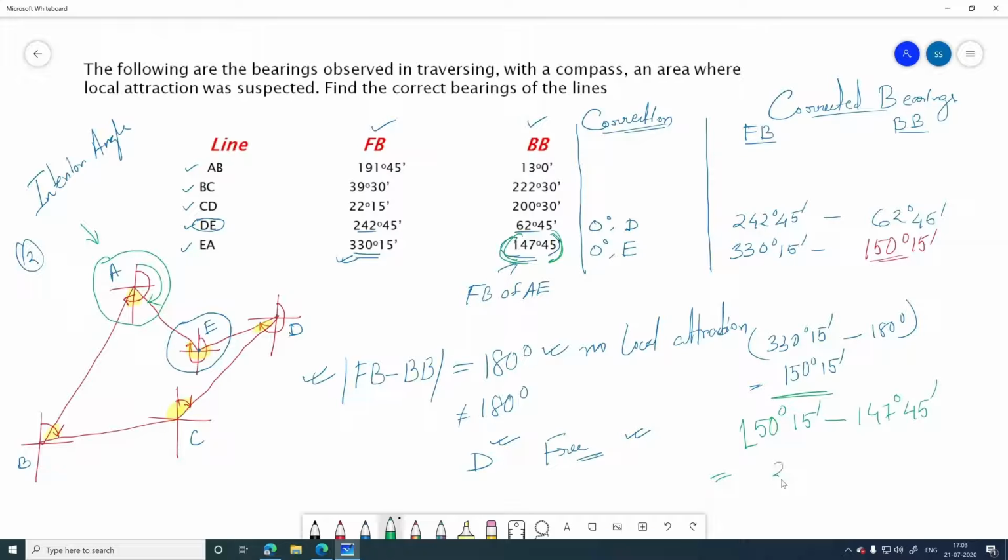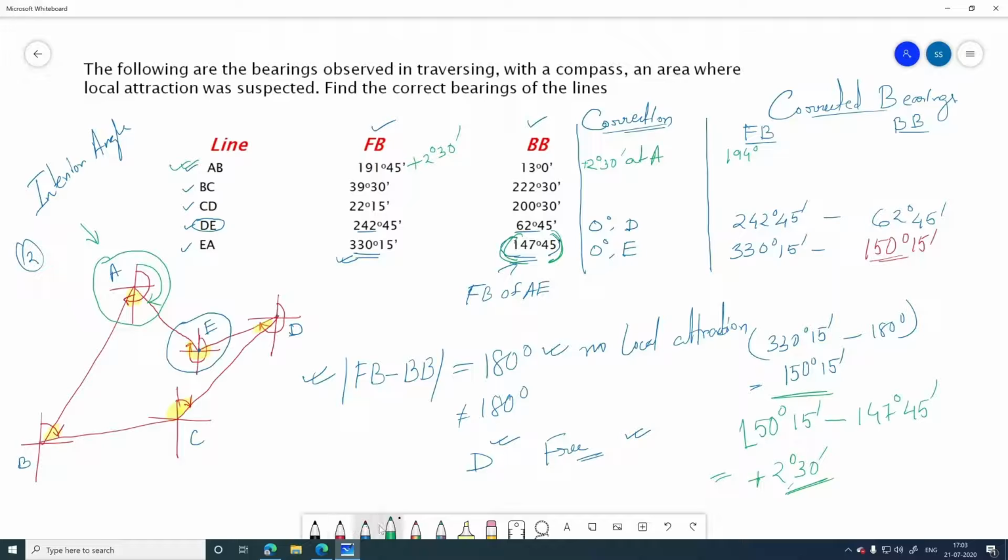That is 2 degree 30 minutes, and this is positive, right? So this particular correction is required at point A. So we will write over this particular line plus 2 degree 30 minutes at point A, okay. So as this particular angle, 2 degree 30 minutes, is required at point A, definitely we will add here plus 2 degree 30 minutes, right? So what will be the value of forebearing here? That is 194 degree,